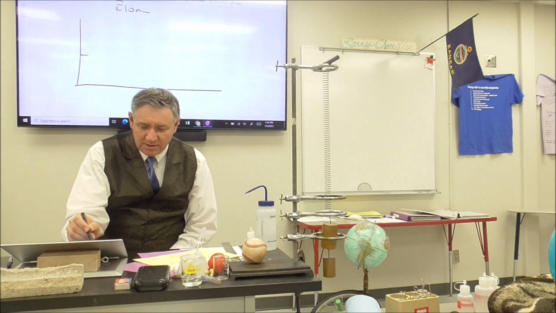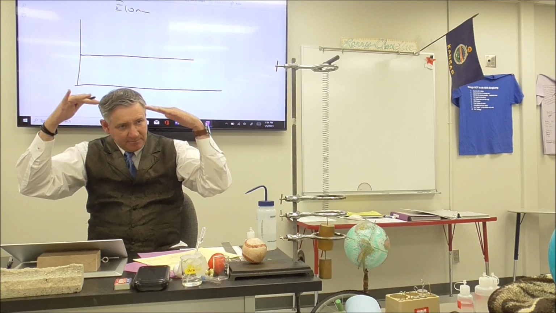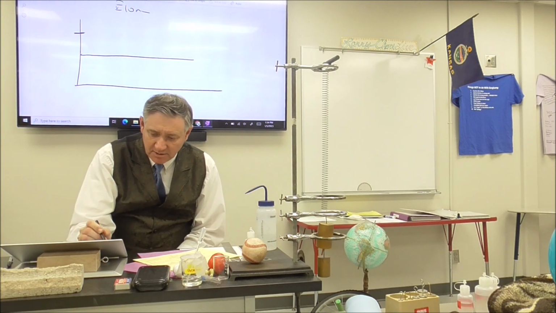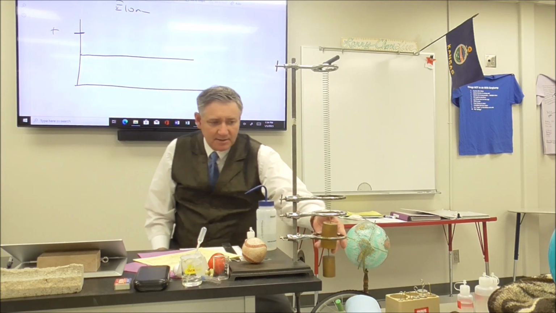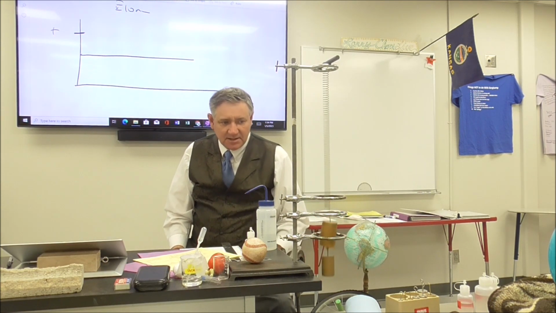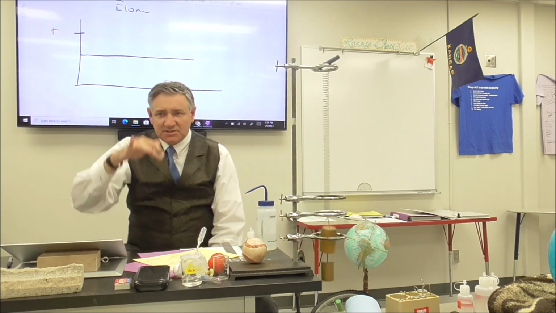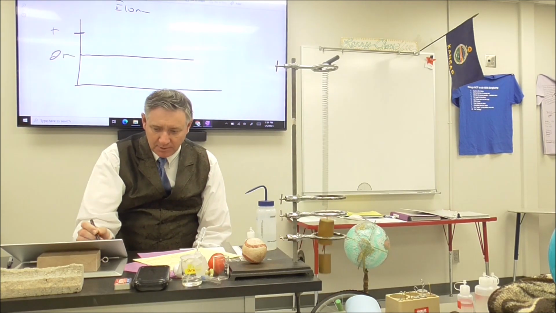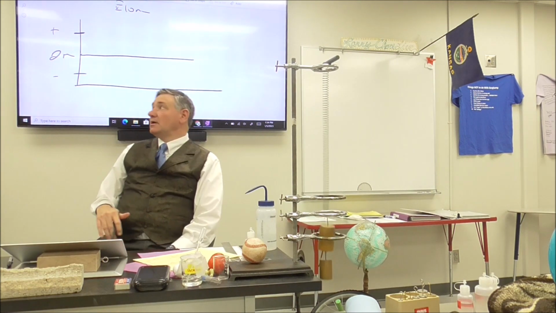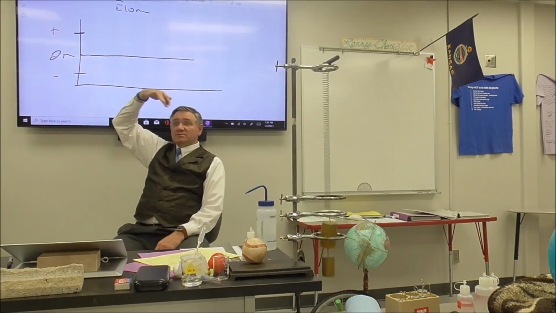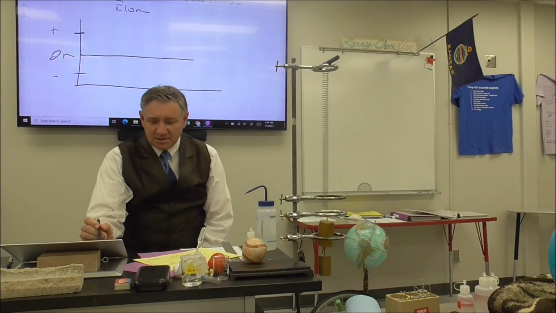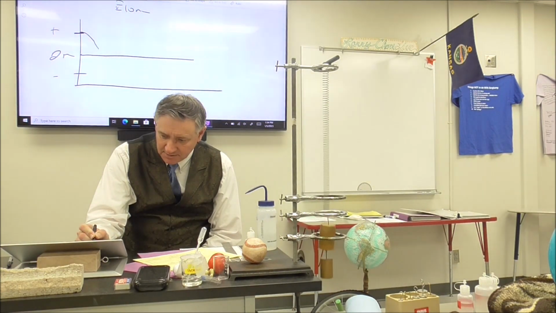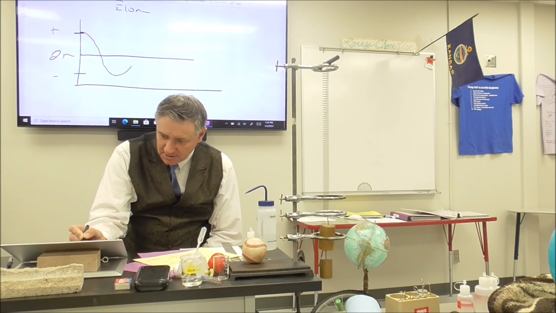So when we start this analysis, if we're going to do a position-time graph, we're going to start it up here at some positive position. As soon as I let go of that, it begins to oscillate. As it falls, what's my position? Here's 0, the equilibrium point, and then it's going to have some negative position. So you start up there, and as soon as it falls, it's going to go down, right? It goes through 0, keeps going down to some negative value, then goes back through zero and back up,